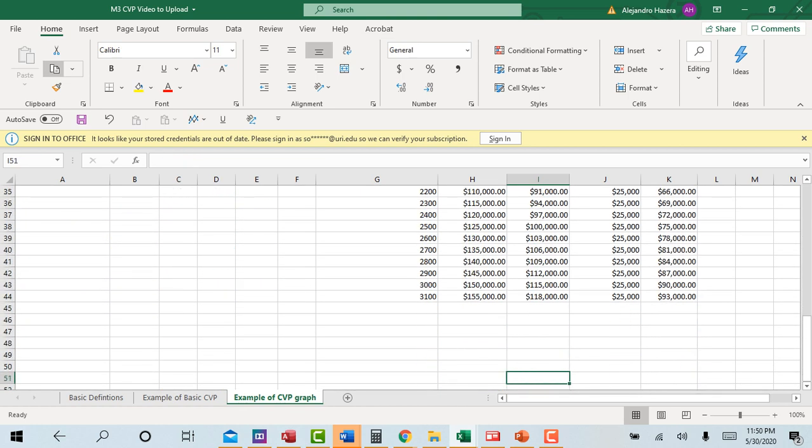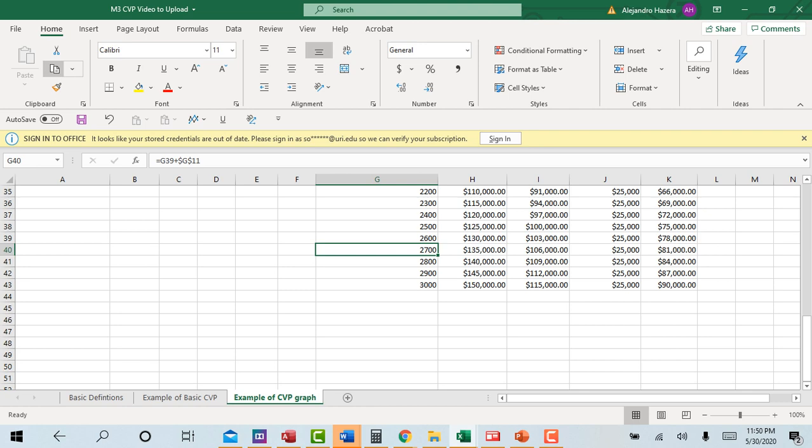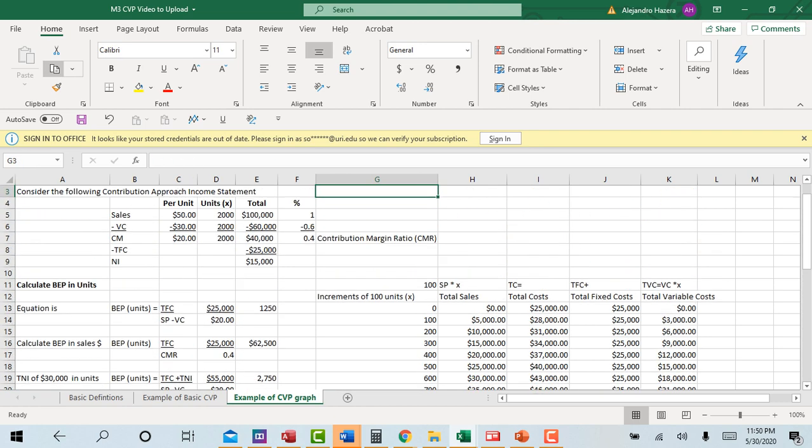So let's just go down here. I want to make sure we got them all here. And I'm just going to graph this out up to 3,000 units. I'll make sure to include the 2750 target net income amount. Okay, so how do you graph this? This is actually going to be